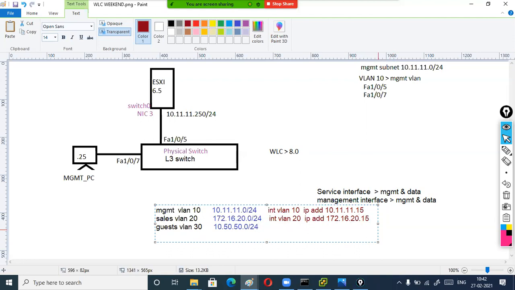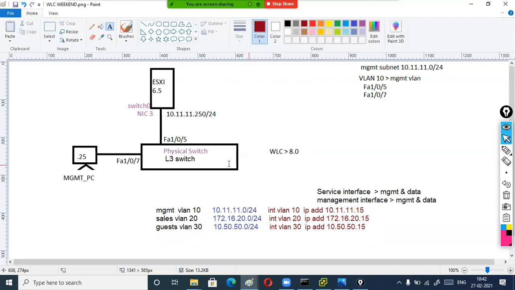Again, I'll create VLAN 30 interface with IP address 10.50.50.15. So these interfaces which I'll be creating on my switch will act like a gateway to my